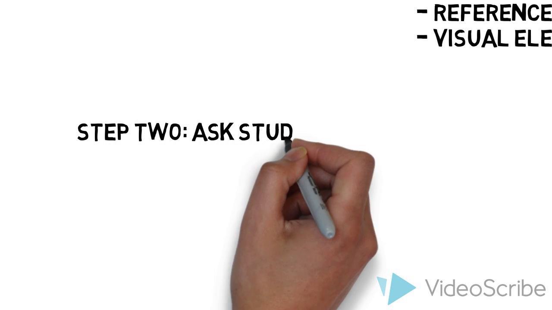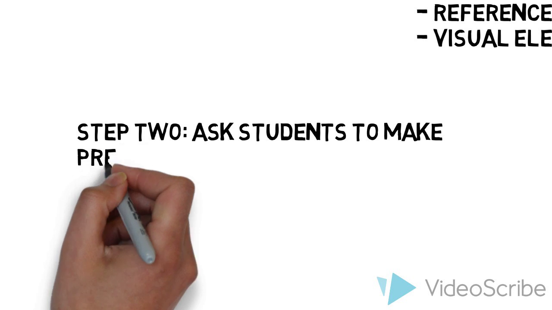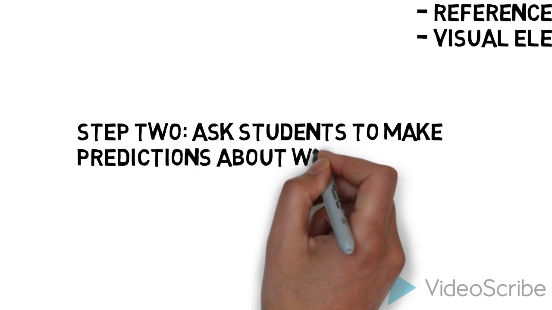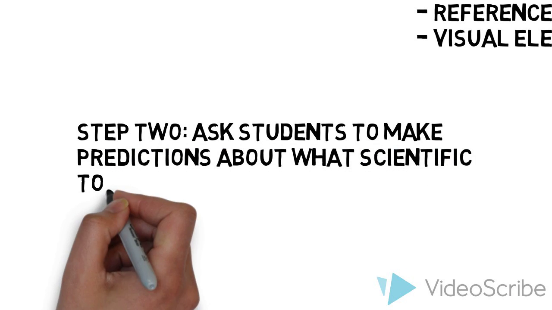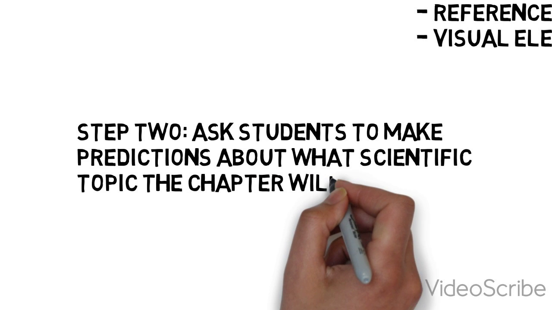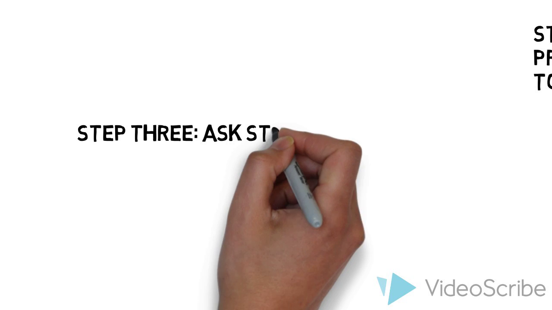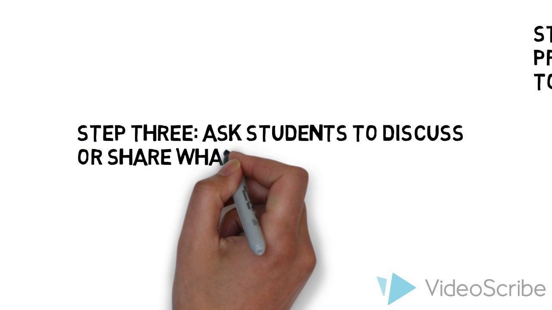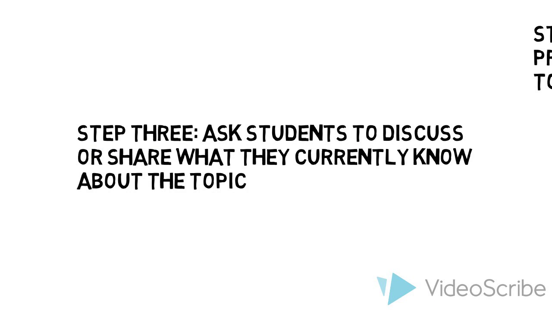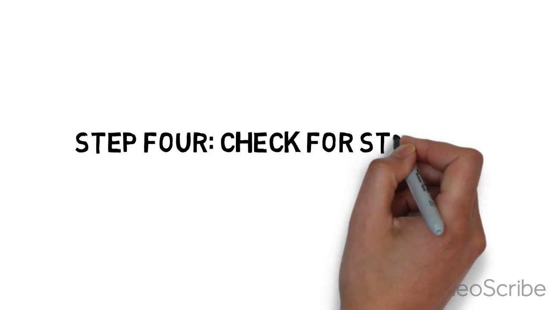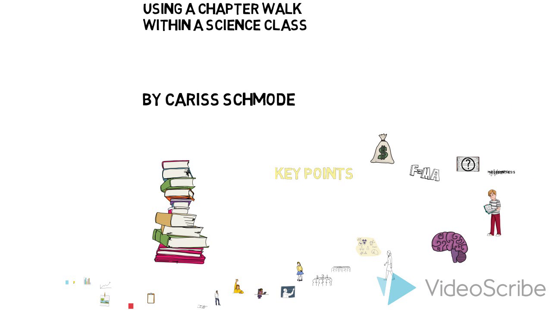Step 2. Ask students to predict what the scientific topic the chapter is on. Prompt students by asking why they made the predictions they did, thus engaging student background knowledge. Step 3. Ask students to share or discuss their current knowledge on the topic. Step 4. Check for comprehension. At the end of the chapter,